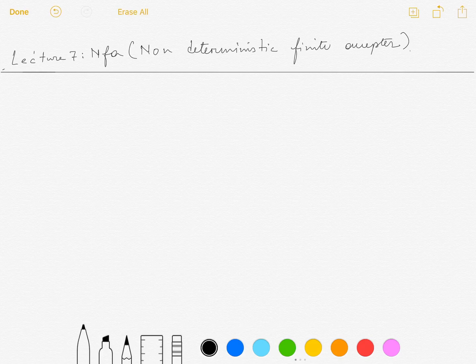So, in case of DFA, we know that it must maintain 3 properties, that is